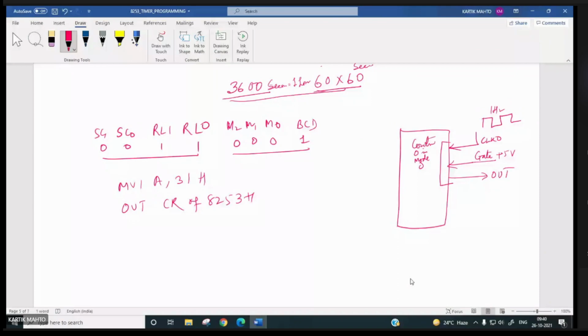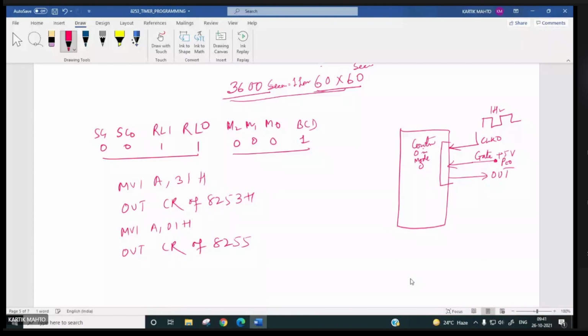And suppose you do MVI A, 01H, OUT control register of 8255. So PC0 will be made plus 5 volt, right?